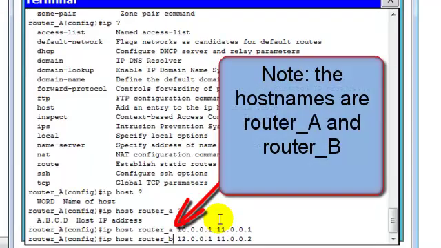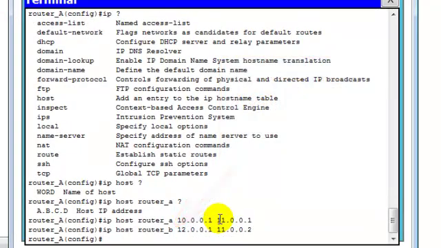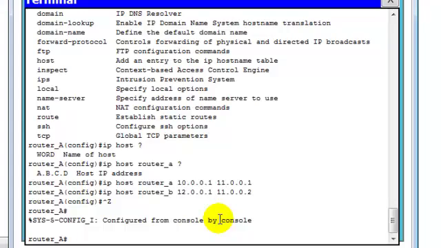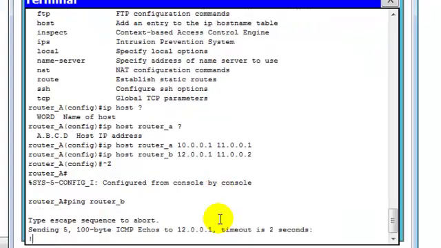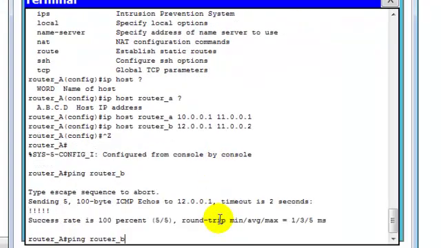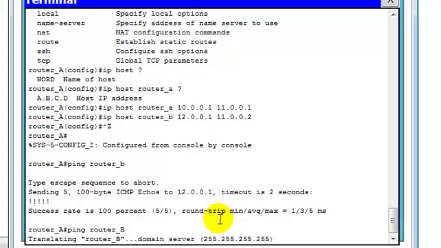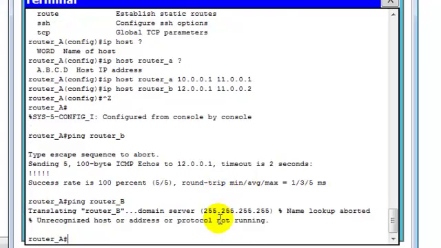Let's see if these are case sensitive. I should be able to ping router B. Is it case sensitive? Yes, it's case sensitive. So, let's do a quick check. If we do a show run,